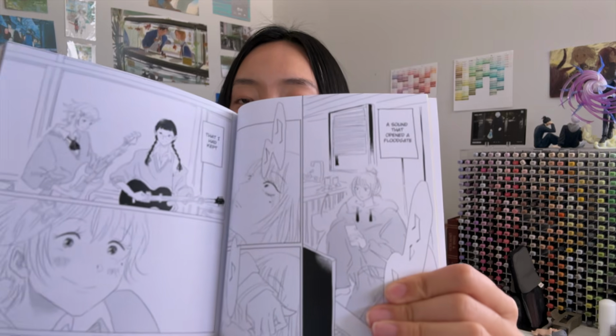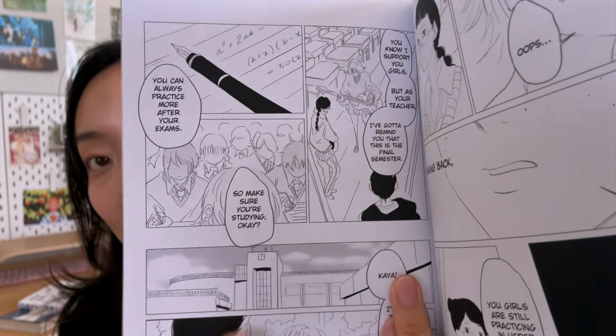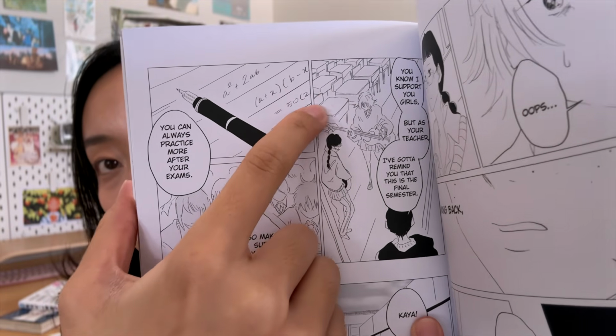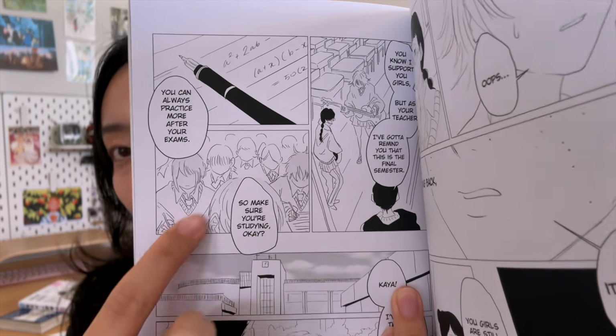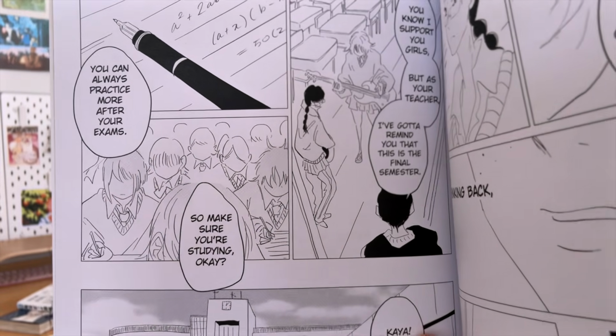As you can see here, I tend to fade out everything a lot. Like this, I faded out the chairs. I think I even drew too many chairs over here. I don't think that was necessary, but over here I drew the illusion of many people, but actually there's not